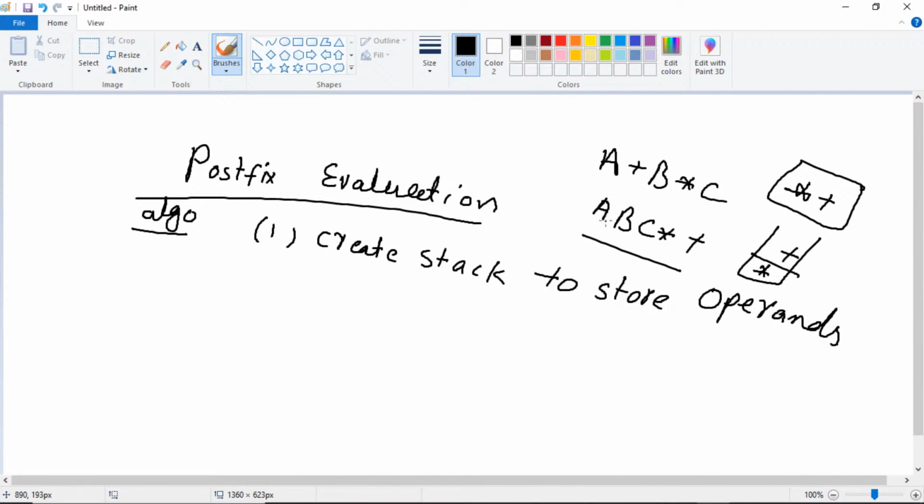Then it will pick first operands and first operator and perform the operation. Order should be some other, but I am telling you it would happen like this. It will pick first two operands, and then it will pick the first operator. So we will create a stack to store the operands and scan the given expression,